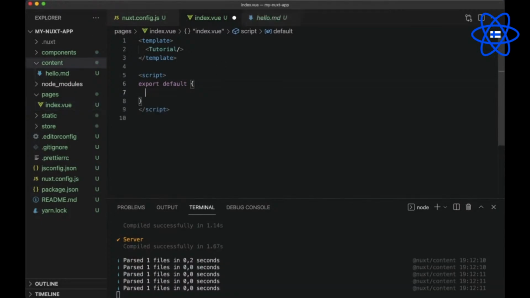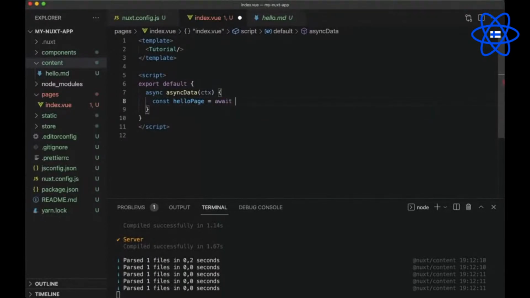All right, so let's begin with a special lifecycle hook of Nuxt called asyncData, which receives the context as its first argument. We will create one variable for our hello page, and we will fetch the content from our content folder.